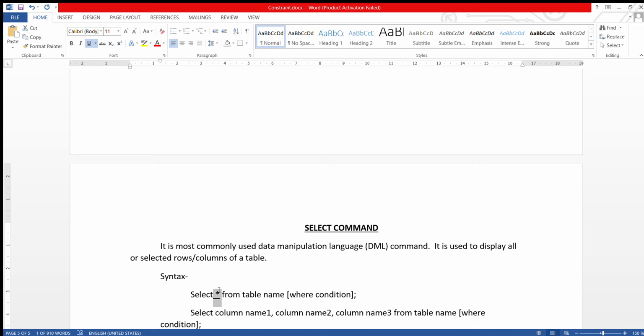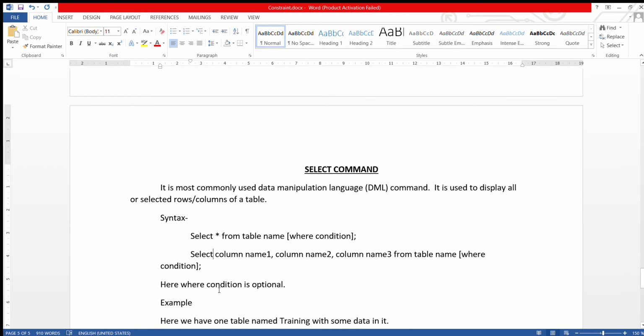But suppose you don't want to display all the columns, you want only 1, 2 or 3 columns. Then you have to follow the next syntax. Select, then the name of your column 1, then the second column name, then the third column name. The syntax is the same, only instead of star we write the column names we want to display.